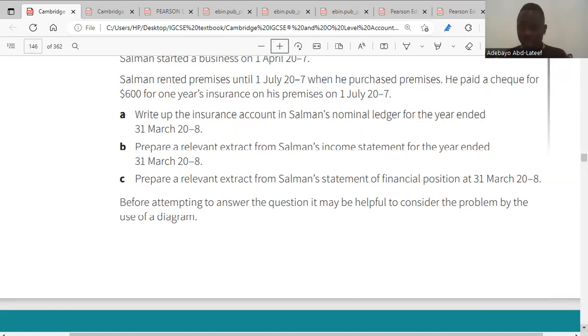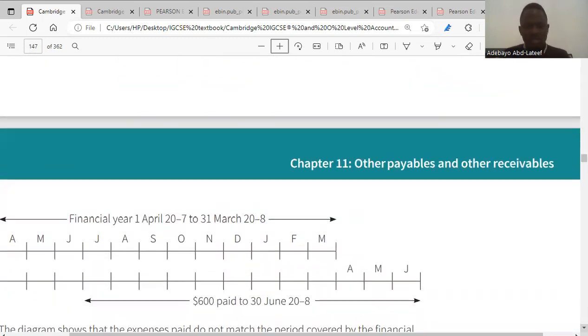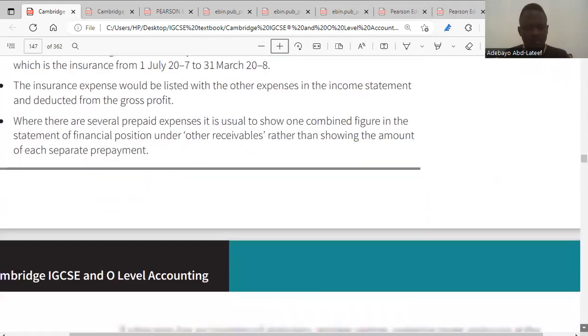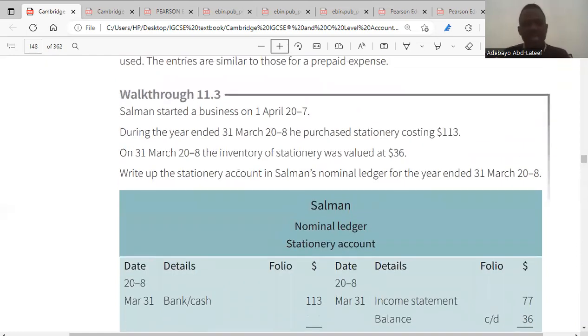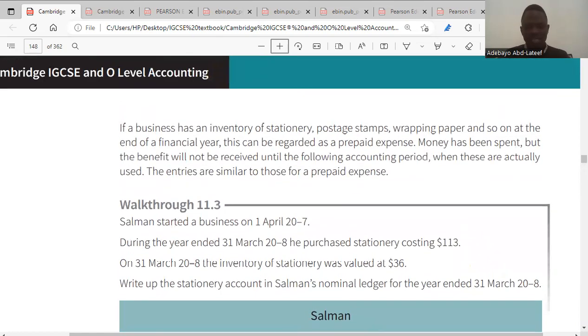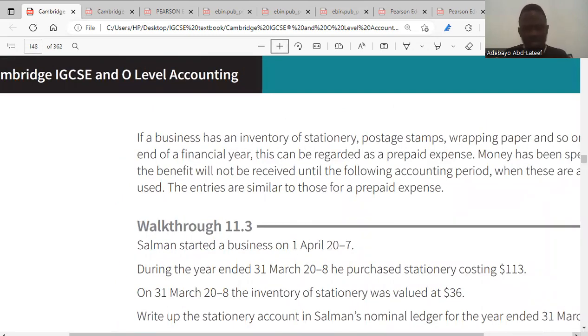So that's how we prepare prepaid account for expenses, for the ledger and the statement of financial position. So the last one we have here is for stationery. So for stationery account, what happens with stationery? These are items bought by the business that has to be used in the business. So we have a question here that said,